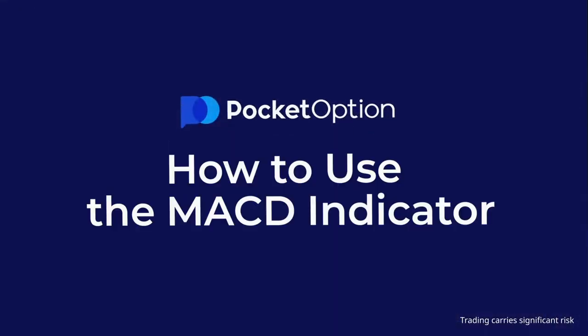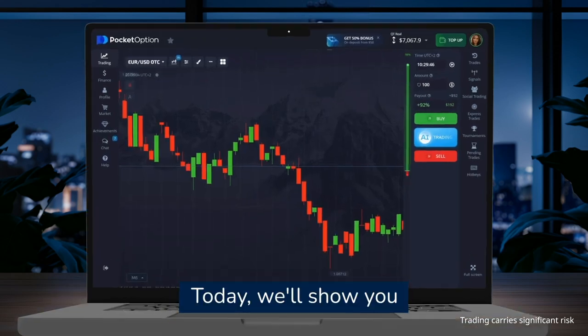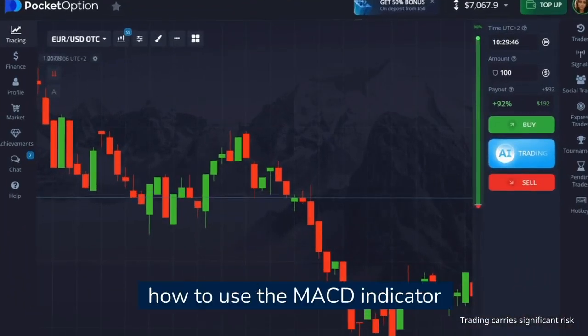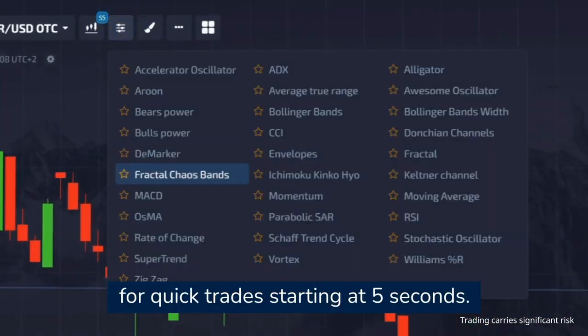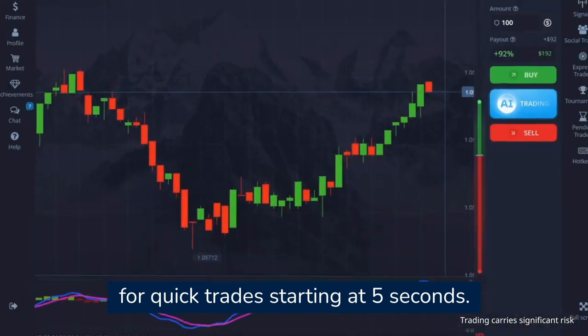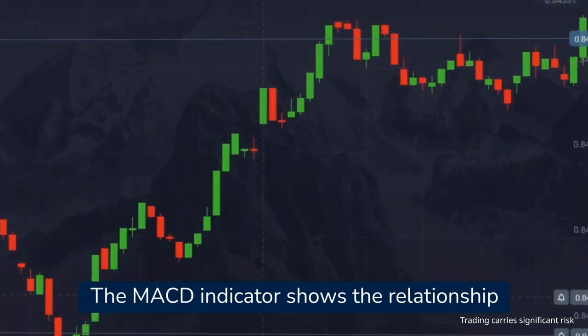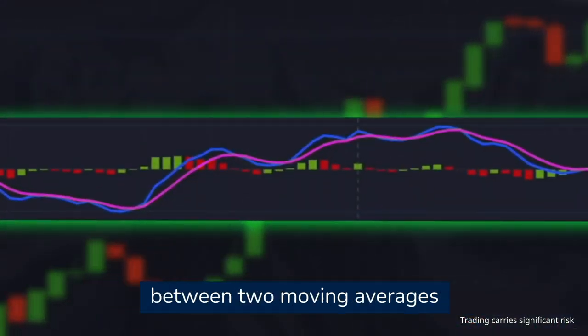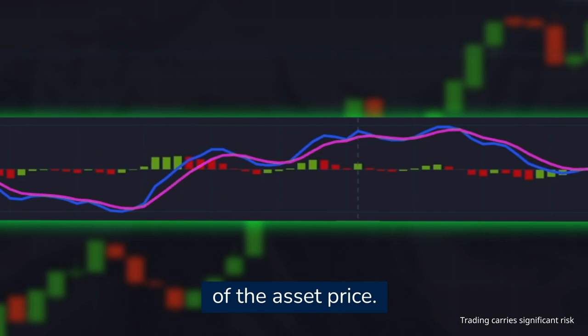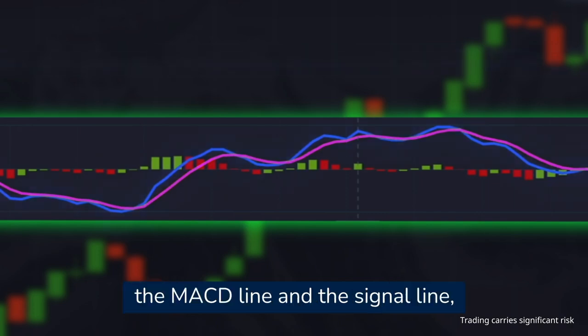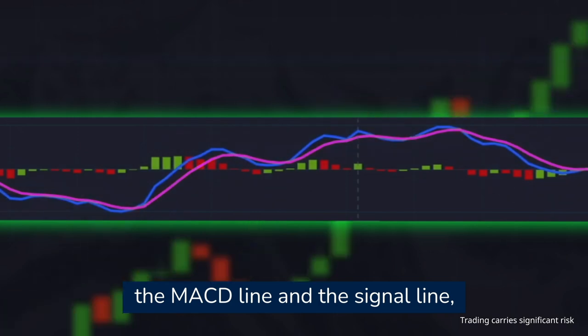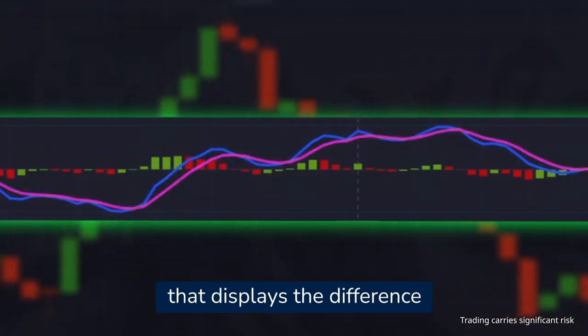How to use the MACD indicator. Today, we'll show you how to use the MACD indicator for quick trades starting at 5 seconds. The MACD indicator shows the relationship between two moving averages of the asset price. It consists of two lines, the MACD line and the signal line, as well as a histogram that displays the